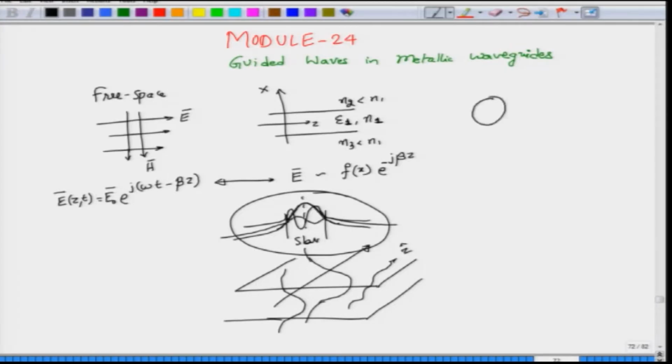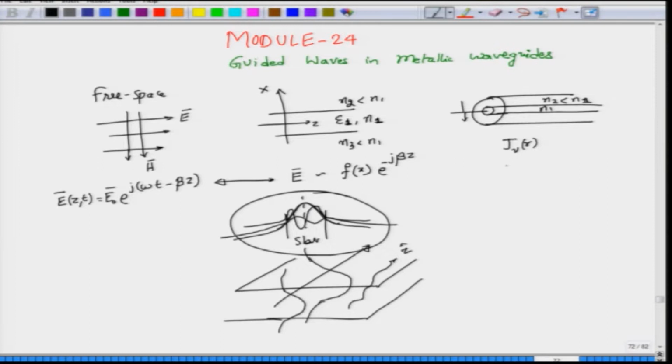We also saw another structure, although we did not discuss it in great detail because the equations were going to be very complicated, but we also saw that this structure, which is called an optical fiber, works basically on the same principle: you have N1 in the core and then N2 in the cladding being less than the refractive index of the core. And then again the solutions were slightly different. They were not really f of x, but they were Bessel functions of appropriate order, right. So, some J nu of r, where r is the radial distance from the center, right.